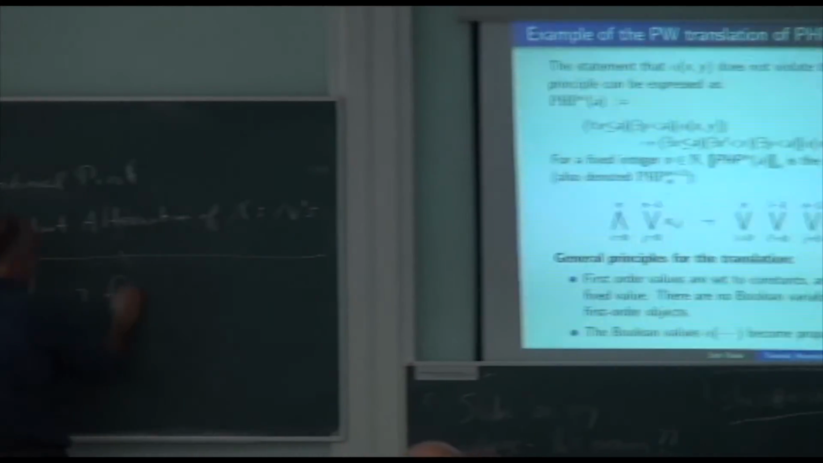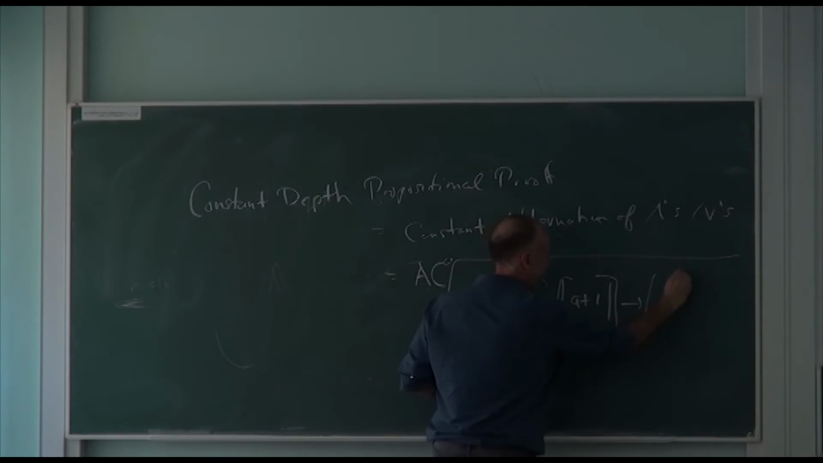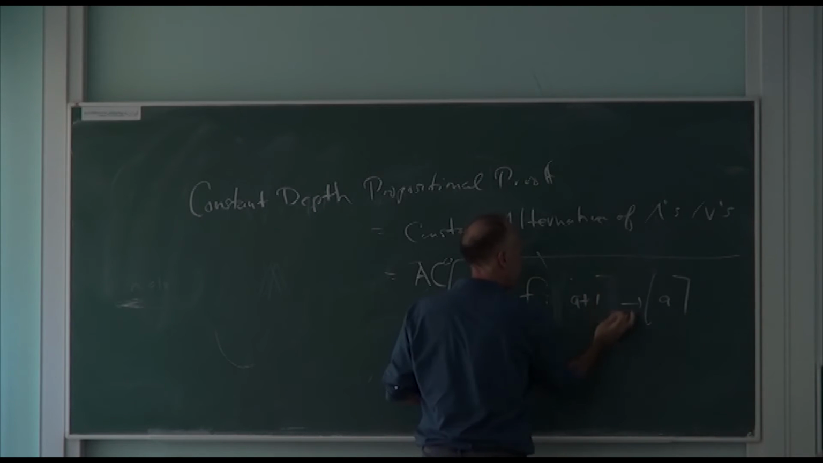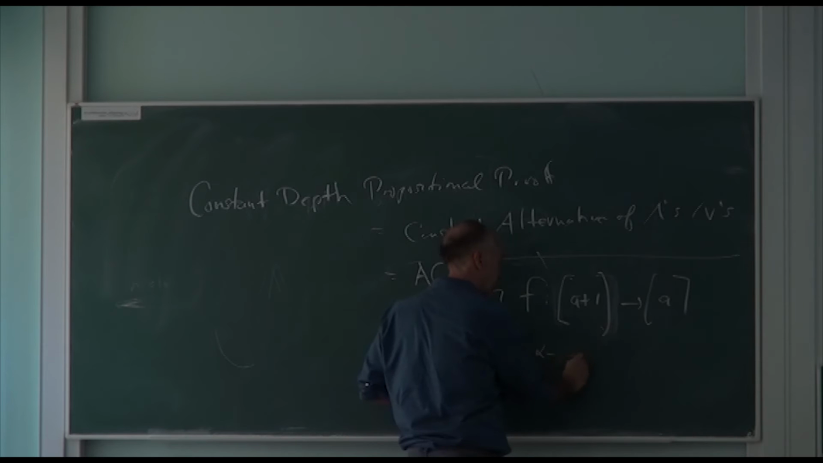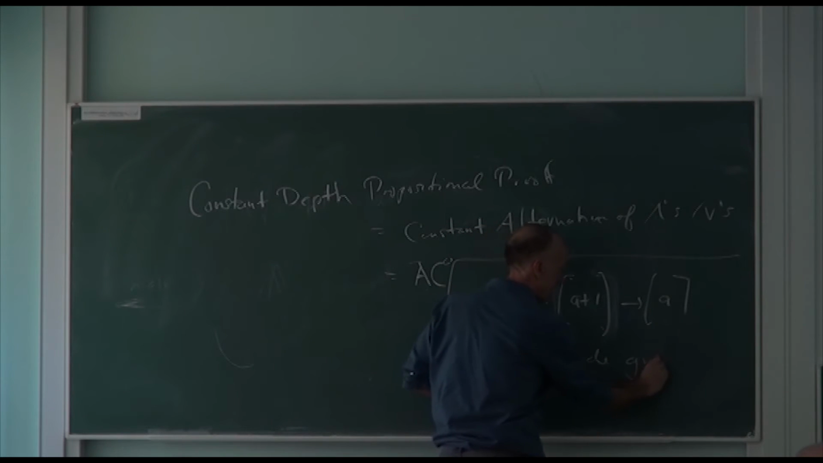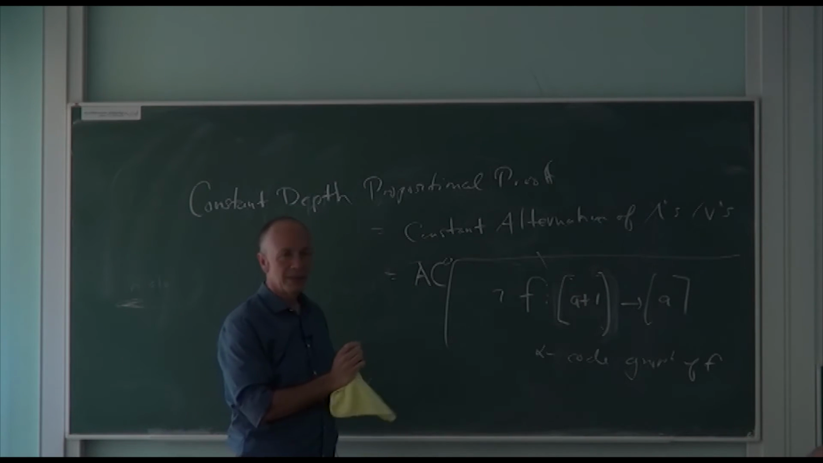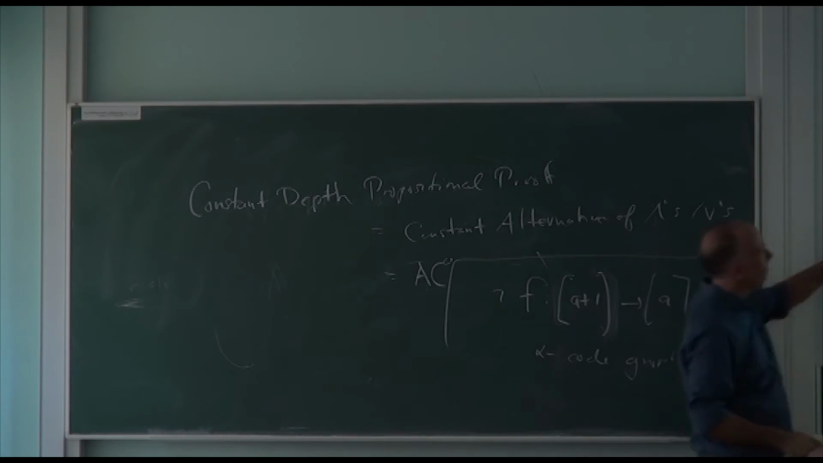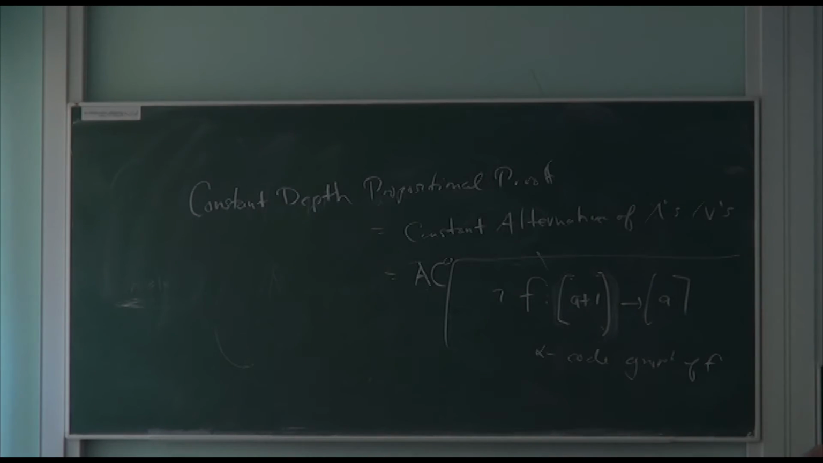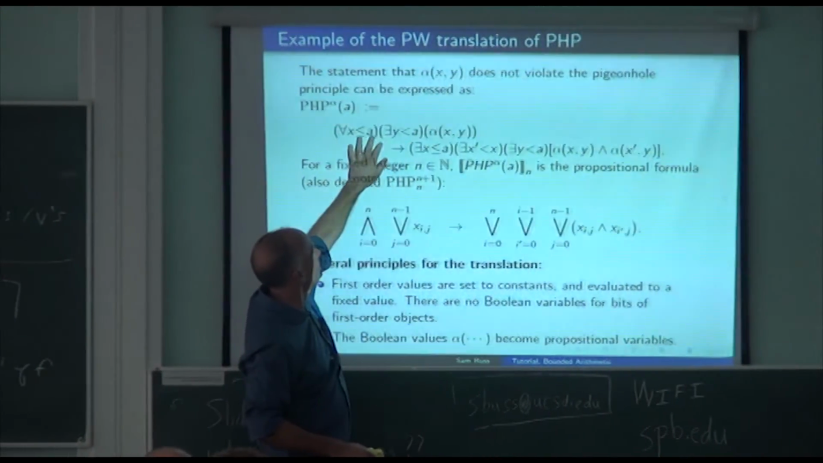So it's not the case that you have some function f mapping a plus 1 objects into a objects. We're going to let alpha code the graph of f. In other words, we'll let alpha take two inputs, x and y. Alpha of x, y means f of x equals y. And the statement would be: if for every x less than or equal to a, there's a y less than a such that alpha of x, y, then, so this is saying sort of totality,